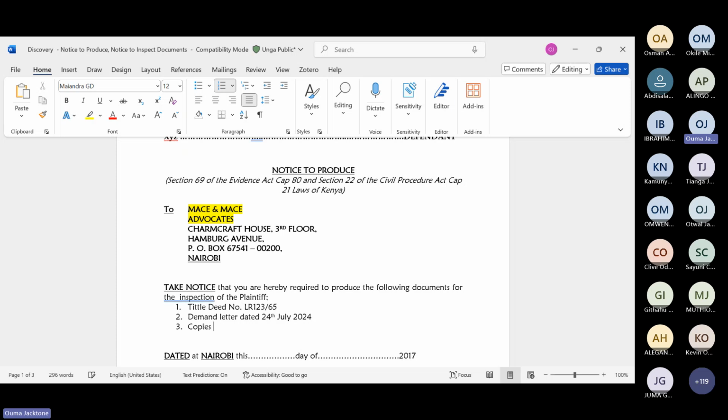Copies of email from 3rd September to 20th September 2023.